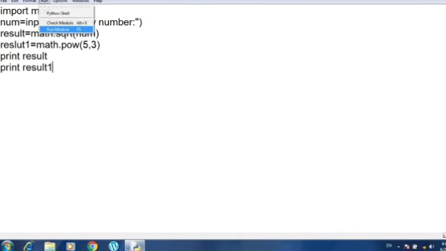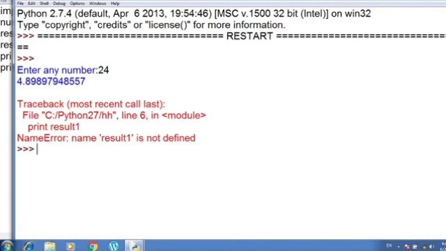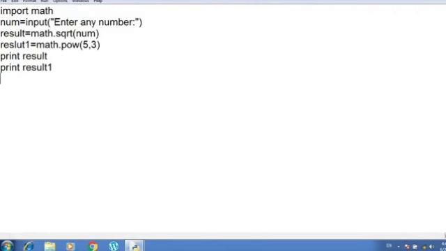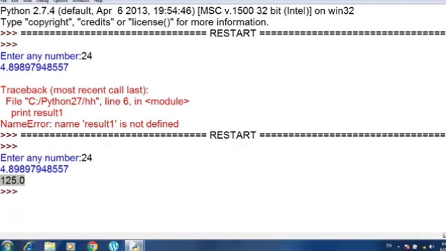Now you can see, for finding the square root, obviously I need a number, and result1 is not defined, the error is coming. Let me see. Okay, the spelling of the variable got incorrect by mistake. Let me change it. A few errors like this will also come when you start programming, and resolving those errors will help you understand better how it works. So now you can see that with the help of the math.sqrt function, I got the square root of 24, and 125 is the power of the number 5. So I have used two functions of math with the help of this math module.